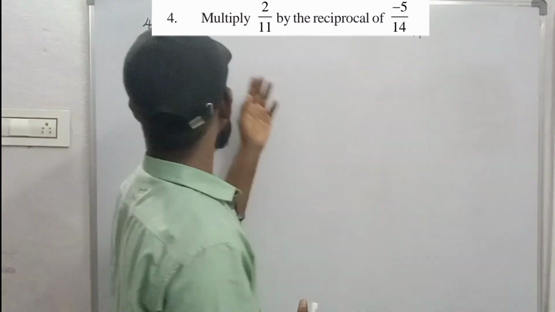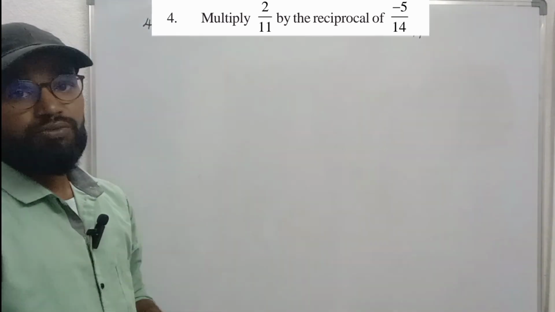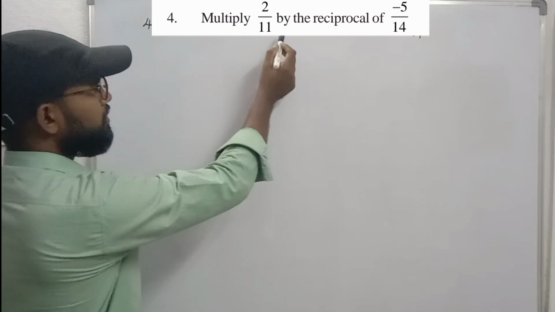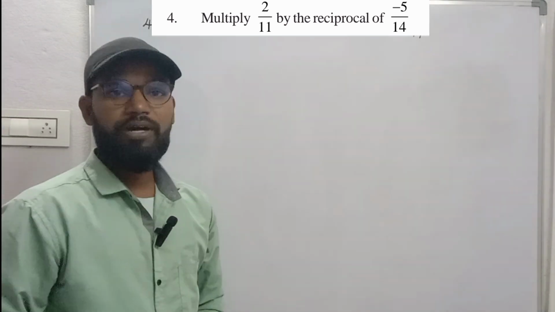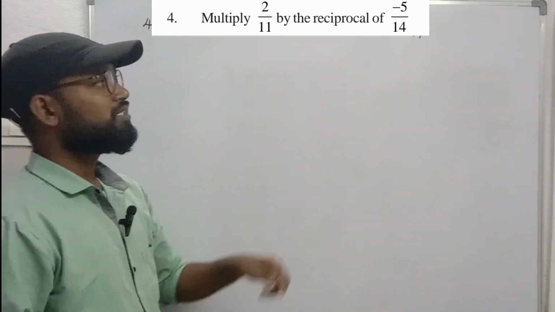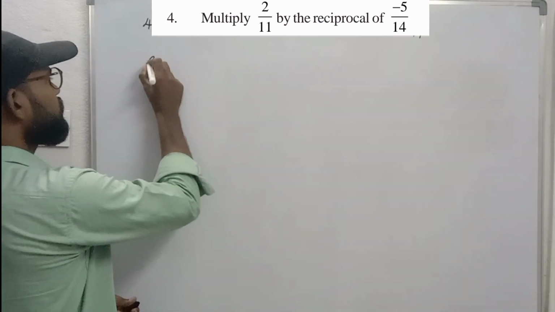So today we are going to solve the fourth problem. What is the fourth problem in exercise 1.1? Multiply 2 by 11 by the reciprocal of minus 5 by 14. So first of all we find the reciprocal of minus 5 by 14. Now the solution is